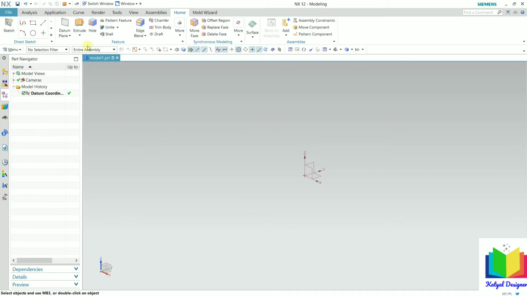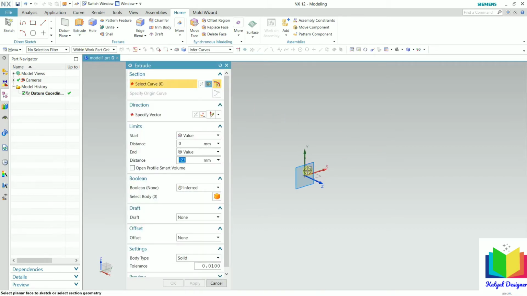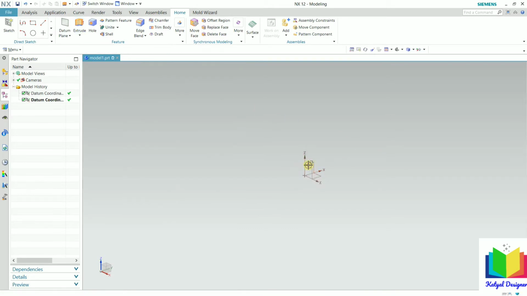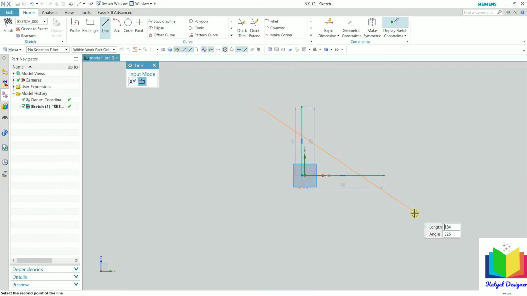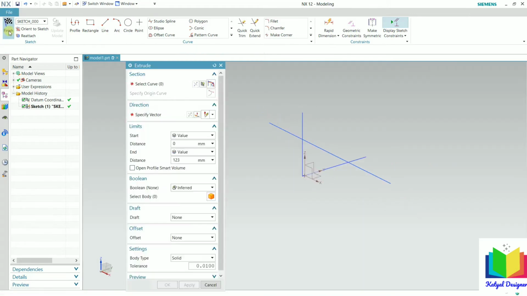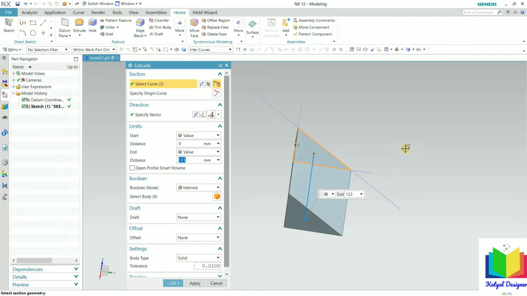I go to extrude and let's say I select this plane. Now I draw a line. So draw a series of lines like this. Okay, so I draw a vertical line and one more line like this. And then I will create an intersecting line. Right click and OK. So when I create the extrude of this, so here we can see it is only